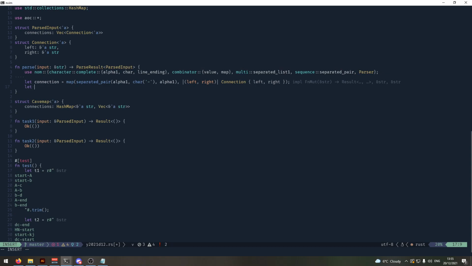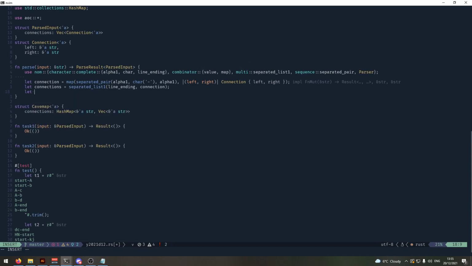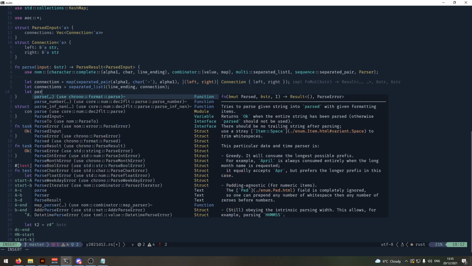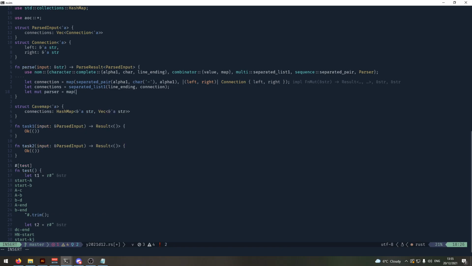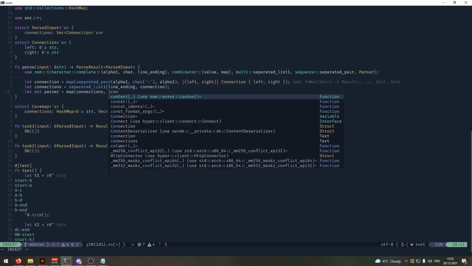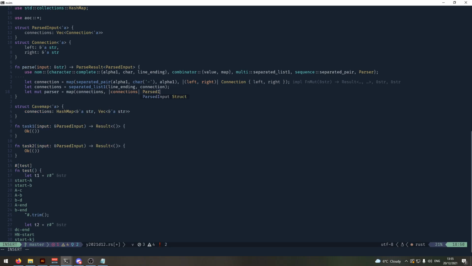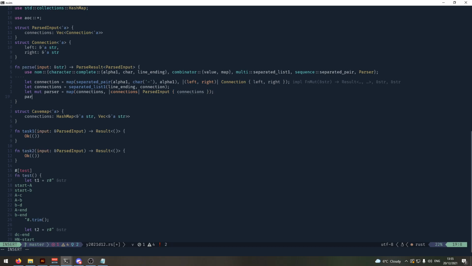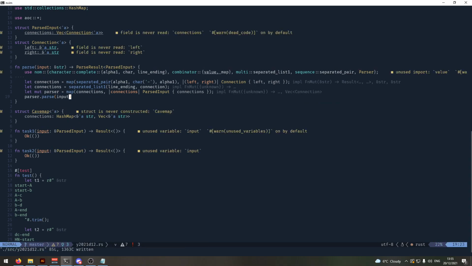Then for our connections, we have a separated list one of line ending and connection. And then for our parser, we have connections going into parsed input of connections, and parser.parse on input. Okay, so that should give us a good